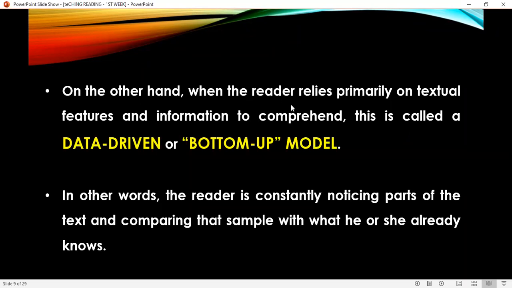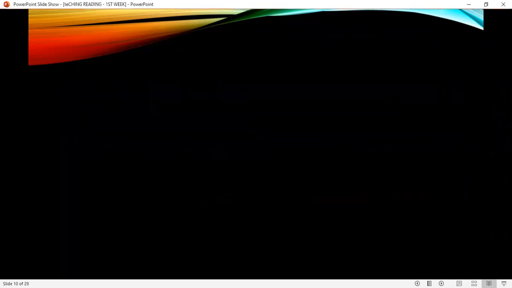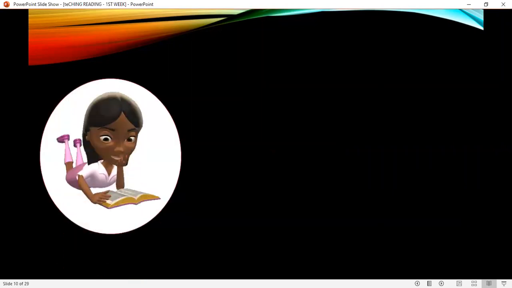So don't forget, we're going to use these two aspects continuously in the process of reading. We are going to notice parts of the text and also compare that with what we already know, or what we have learned or acquired, or what we have believed, all right? So this is what is involved in reading. Don't forget it, we have two aspects in reading. Okay, now, we're going to continue with this, and we are going to pass now